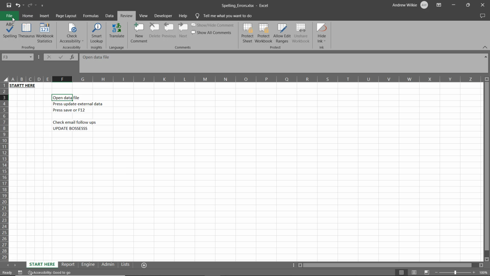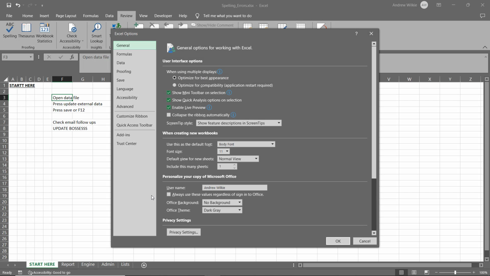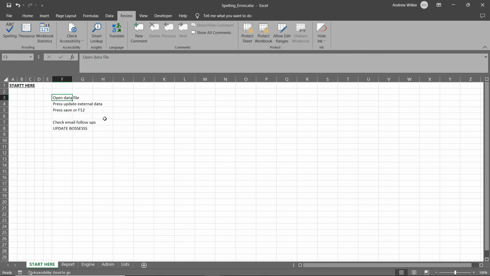To do that, File, Options, Proofing, and for me, I'm going to uncheck Ignore words in uppercase, then press OK. Now, again, you can go File and Review, or just float your mouse over the spelling there, and you'll see